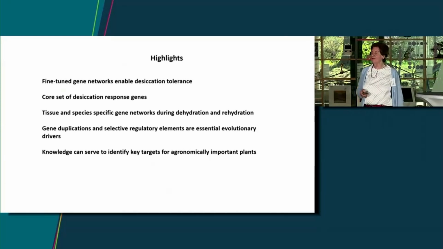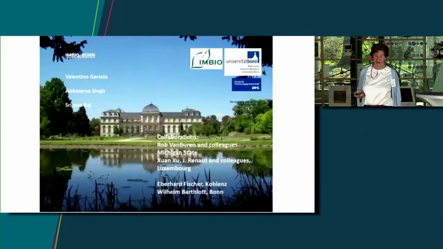And I think I emphasized a lot that gene duplications and selective promoter elements are really some essential evolutionary drivers towards establishing desiccation tolerance. And I've sort of indicated what we could learn from these studies, what are possible avenues to follow. And in the